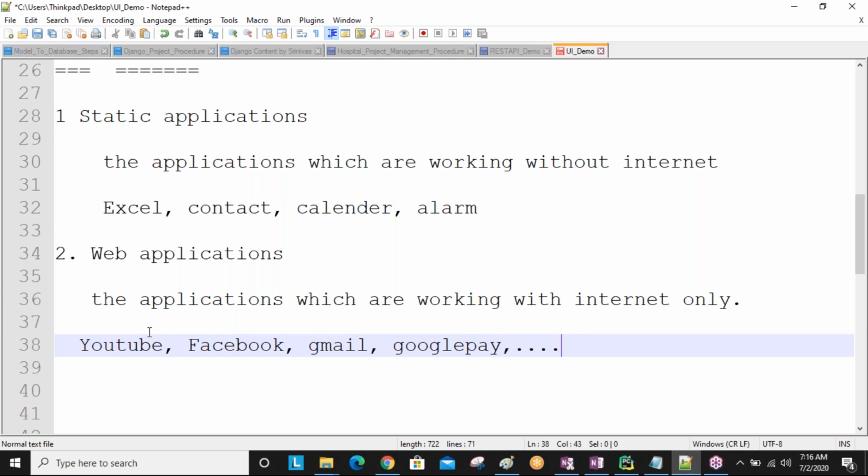In our mobile, YouTube, Facebook, Gmail, Google Pay, Paytm, PhonePe, bookmyshow.com, so many applications we are using. All these applications we are unable to use without internet.